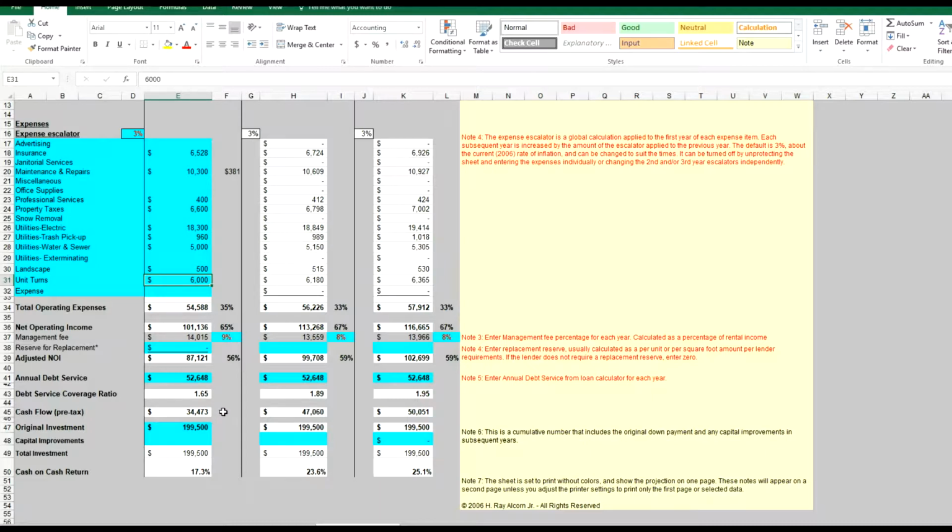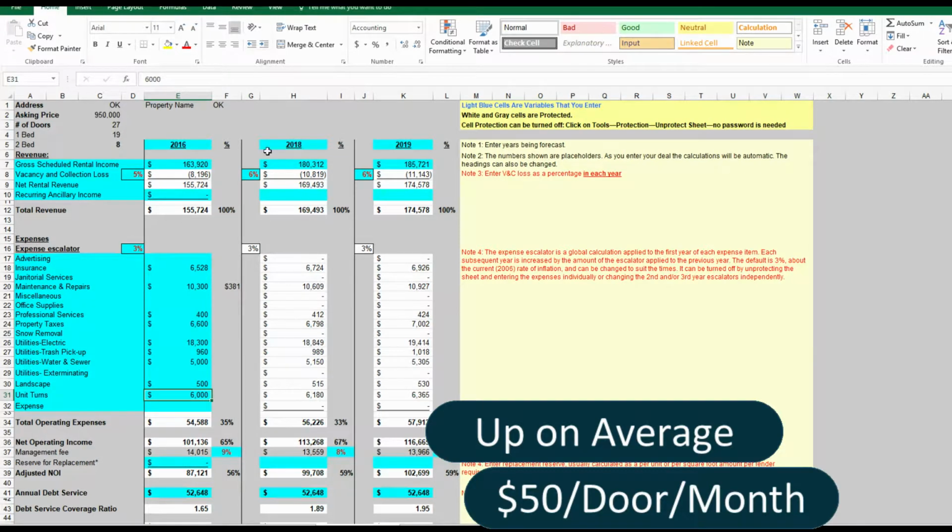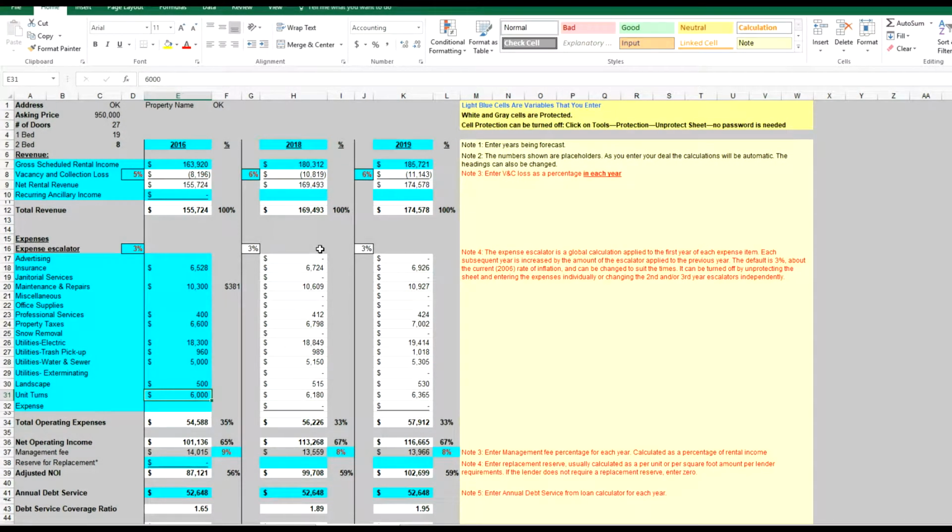Our pre-tax cash flow has gone down some to $34,473, and our cash on cash return down to still a very respectable 17.3. What I've also done is projected out a couple of years pro forma. Increased rents, so we've gone from 163 to 180,000. And other than that, the only thing that we've done with all of our expenses is escalated them 3%